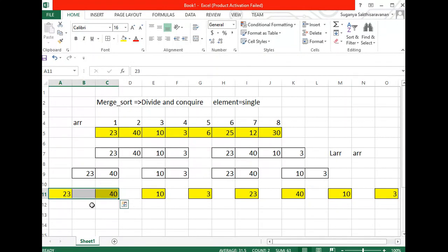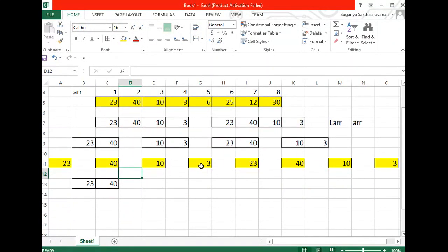You can notice that these two elements are there. So which is the lower value? You can notice that here 23 is less and 40 is greater. So these two data have been merged in a sorted way. And again, merging these two, I'll compare this value. This is the left array and this is the right array. Taking this as the left array value and the right array value, both are compared. You can notice that 3 is lesser, so 3 comes first and 10 comes next. Okay, this data is made in a sorted manner.